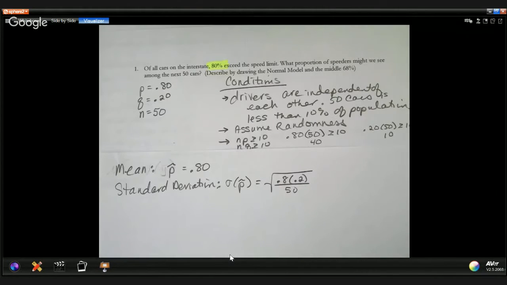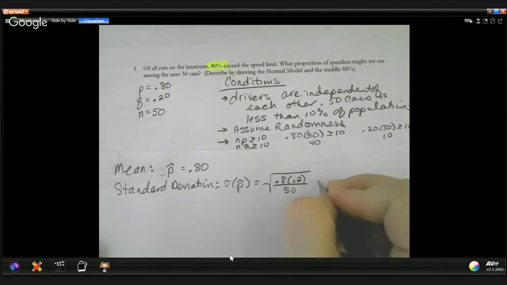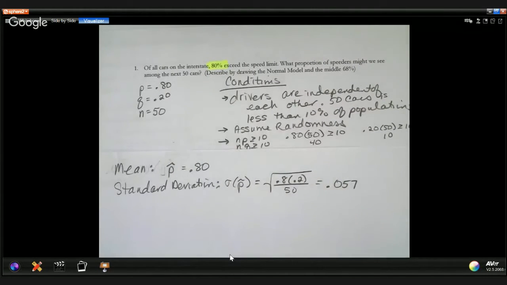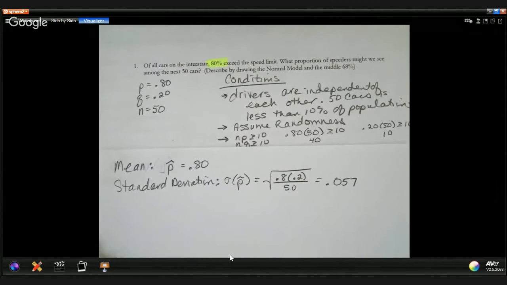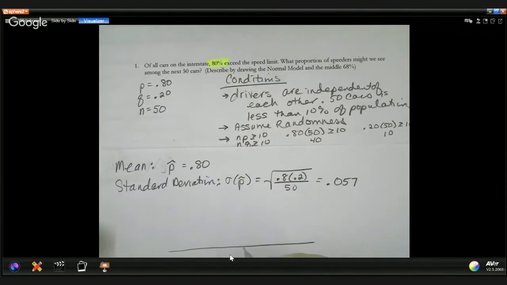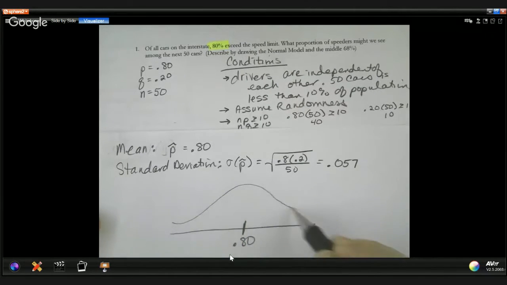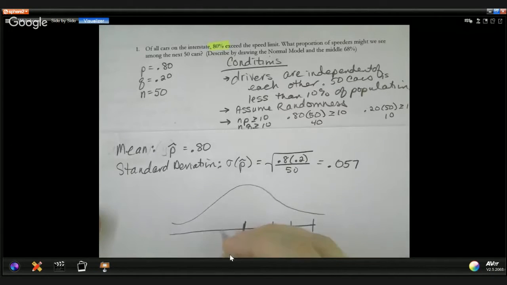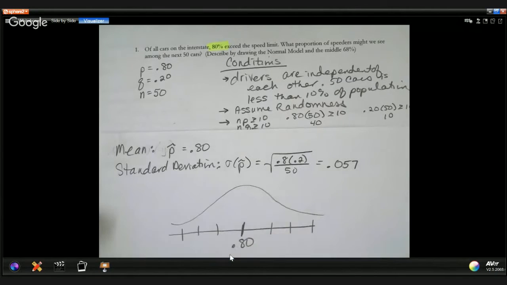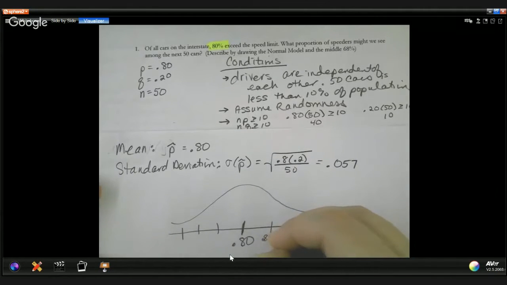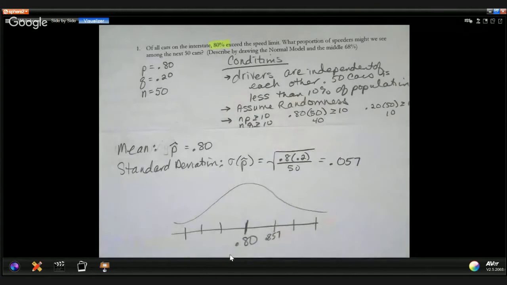And so my standard deviation when I plug this in the calculator is 0.057. Okay, so now I'm going to draw my normal curve. My mean is 80%, so 0.80. And then I'm going to label 3 tick marks to the right, 3 tick marks to the left. And so when I do that, I get 0.857. And I'm just adding my standard deviations,